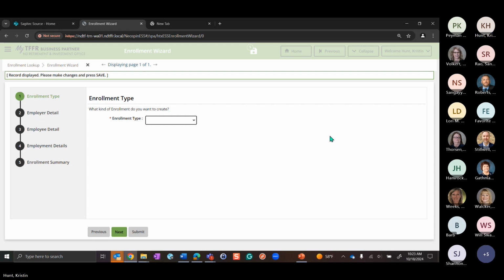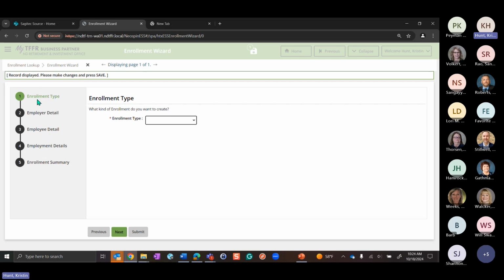So we have wizards set up within the ESS that work you through the process. They're kind of a nice feature. You've probably seen them before if you've ever had to set up banking information or an account for something, where it just works you through that process. Like now enter this information, now do this. So wizards are pretty common. I know that now that I've trained this multiple times, I see them all over the place.